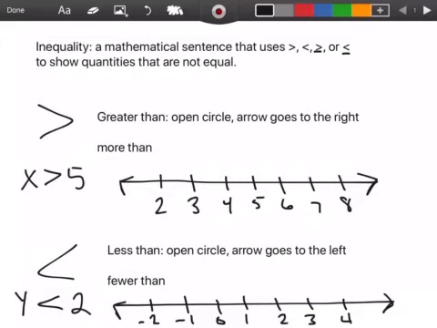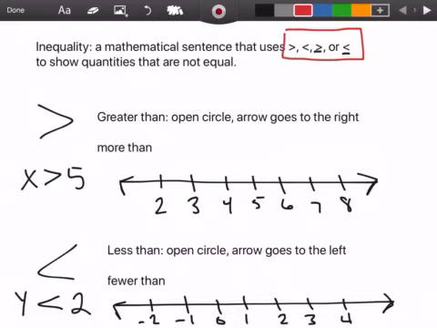Today we're going to talk about inequalities. An inequality is a mathematical sentence that uses greater than, less than, greater than or equal to, or less than or equal to, to show quantities that are not equal. These are the four symbols that are considered inequalities, and if you see those within a mathematical sentence, then you know that it's saying the